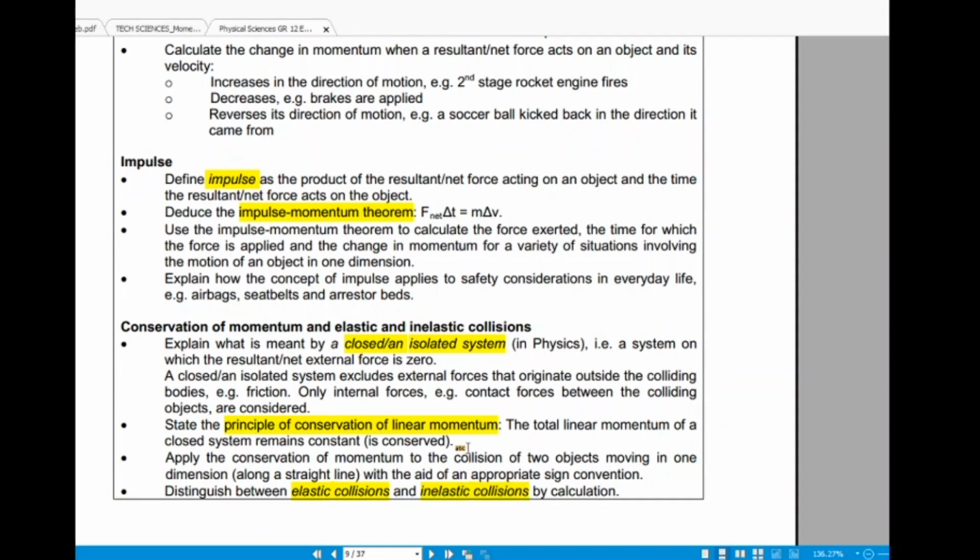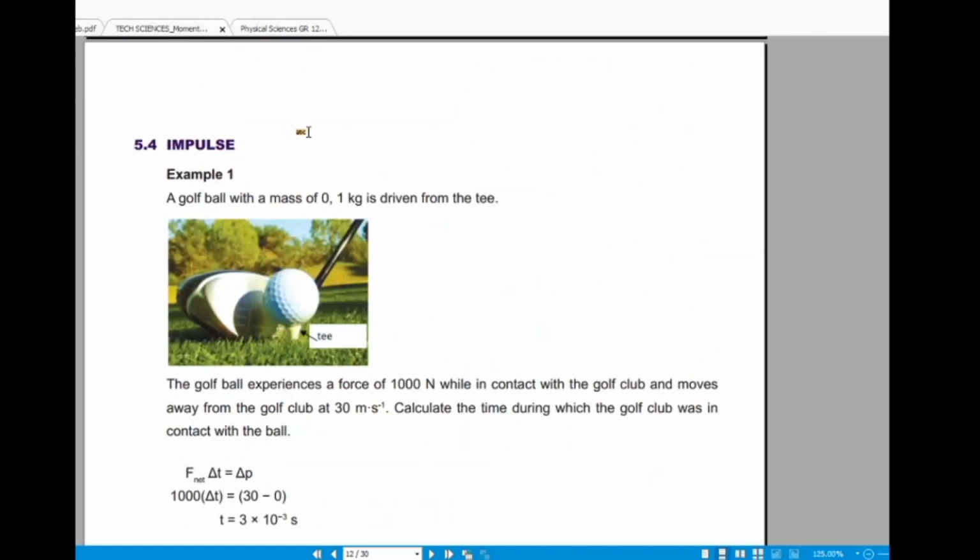I also defined what happens to kinetic energy in elastic collisions, and what happens to it in inelastic collisions, right? So that was lesson 1. So today we continue from where we stopped, and